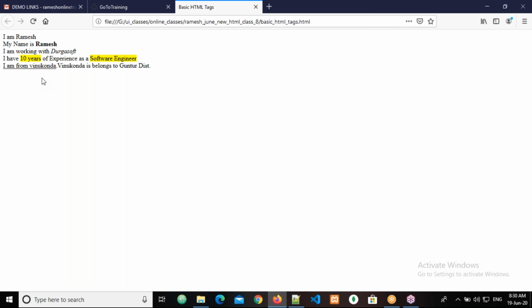Then what will you do? You will open the ins tag before those 2 lines, and close the ins tag after those 2 lines. So what happens? An underline will come, so that everybody feels that it is important, and everybody feels that it is newly inserted text also. Understanding, right? That is the purpose of the ins tag. Clear or not? Please respond. Yes, sir. Okay, that is about the ins tag.